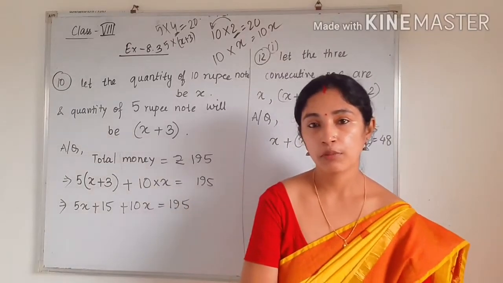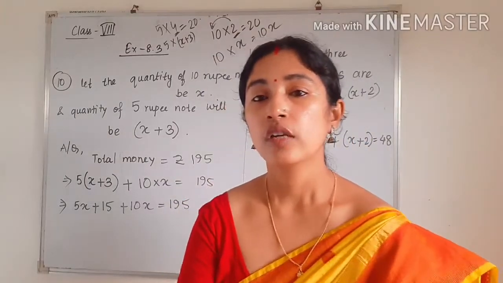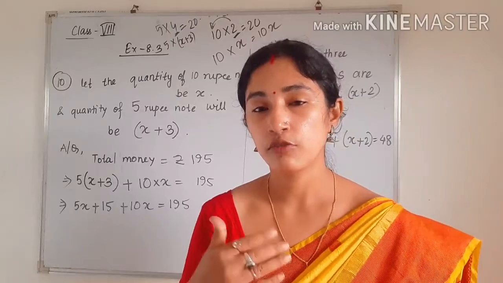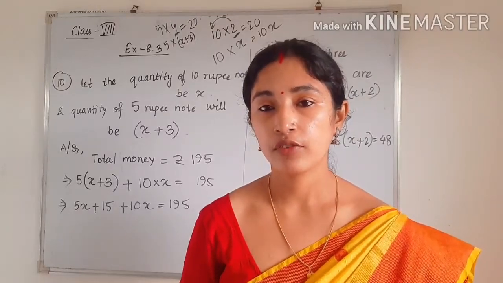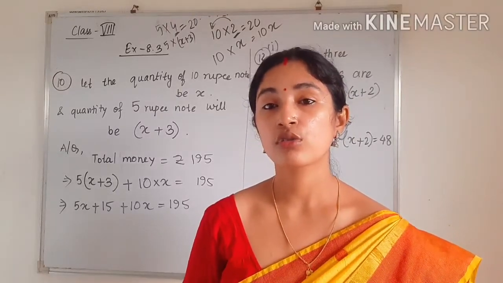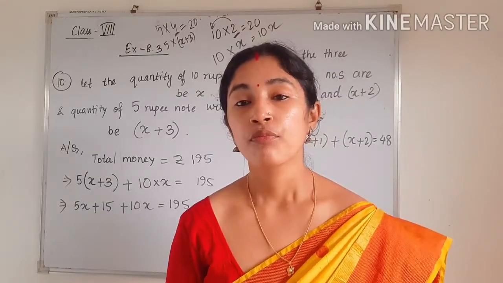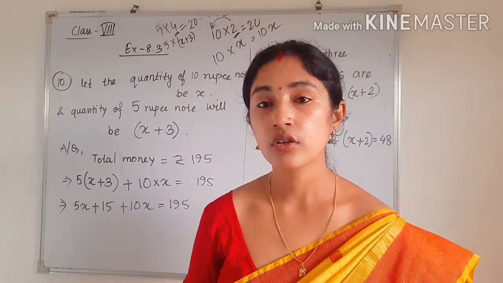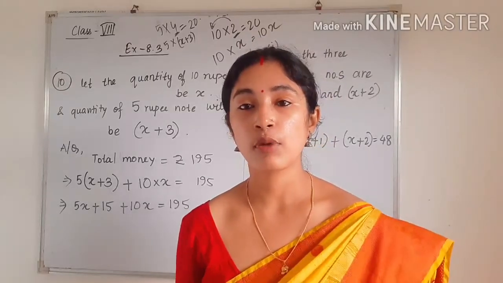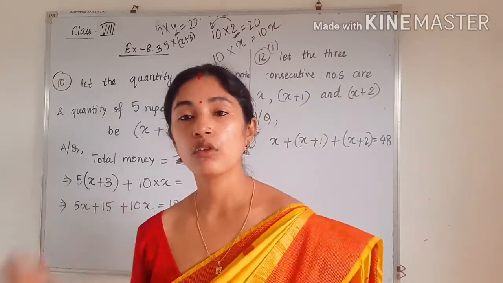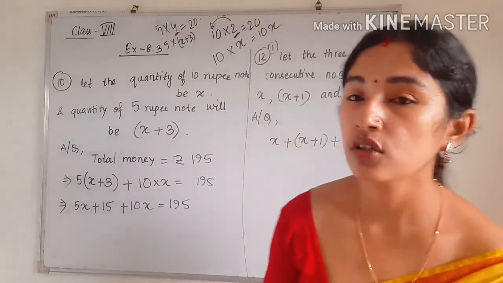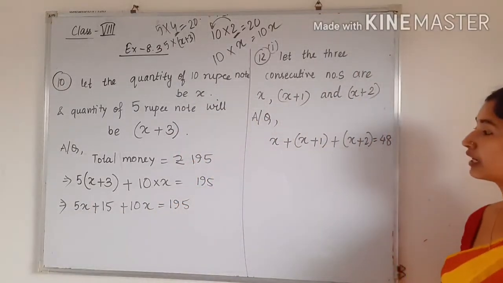So first number is X. Okay, suppose. So next will be how much? You know the meaning of consecutive is one after another. That means your roll number is also a consecutive number. So when we add 1 to it, you will get the next number. Okay, so consecutive numbers are X, then X plus 1. Then after adding 1 to it, you will get X plus 2. So the consecutive numbers will be X, X plus 1 and X plus 2.